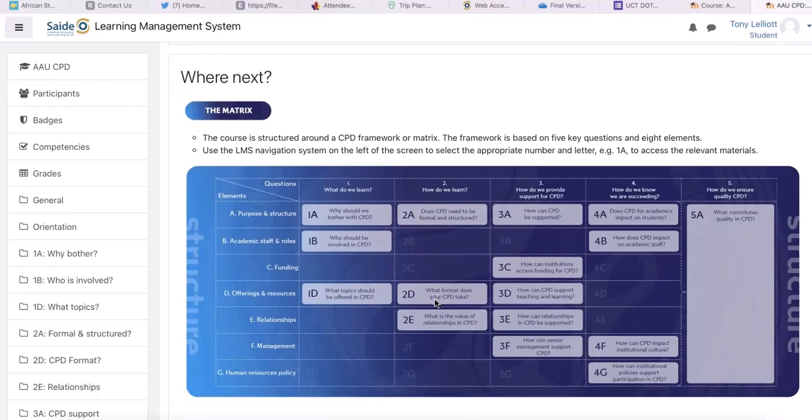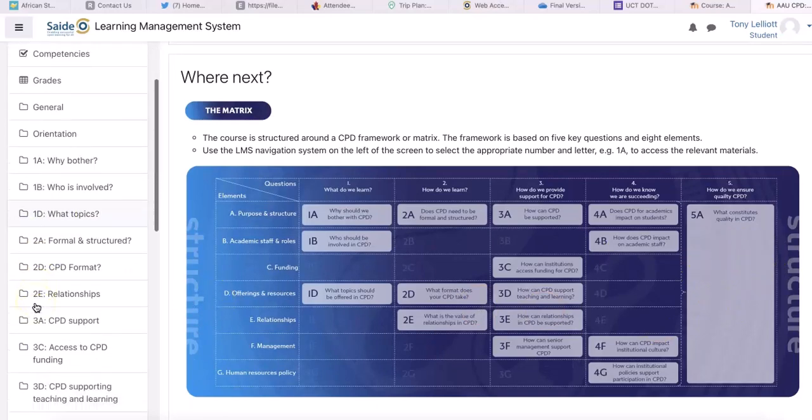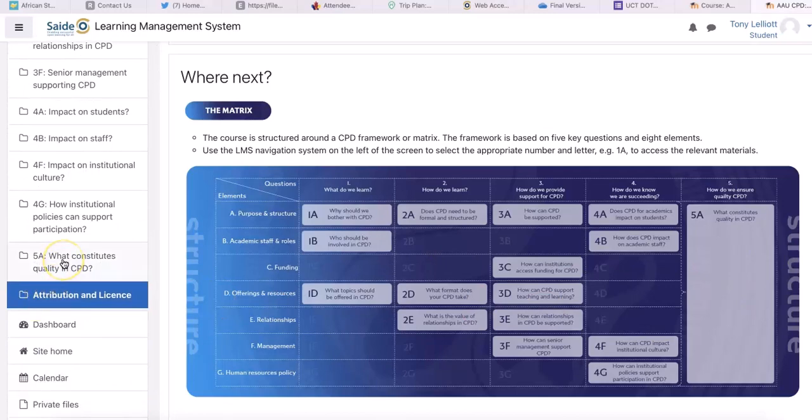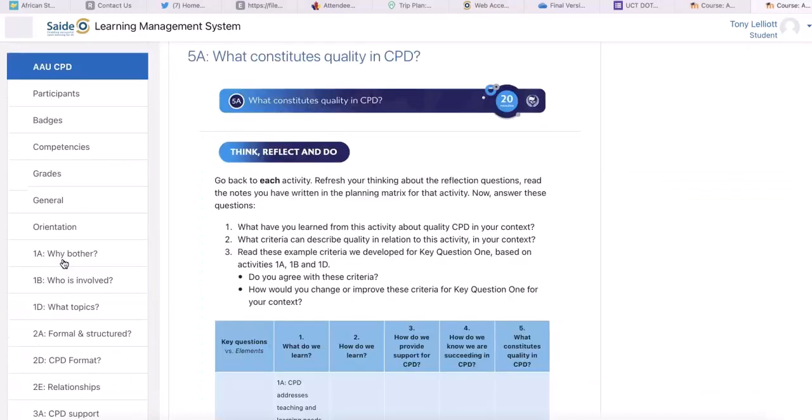In activity 5A, here and here in the learning management system, you will consolidate what you have done by developing a set of quality criteria that you can aim to achieve in your context.